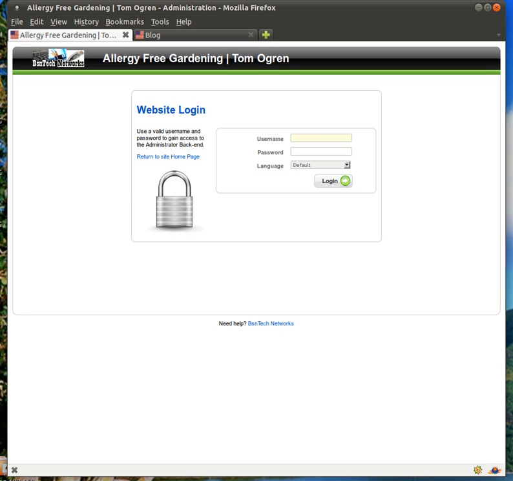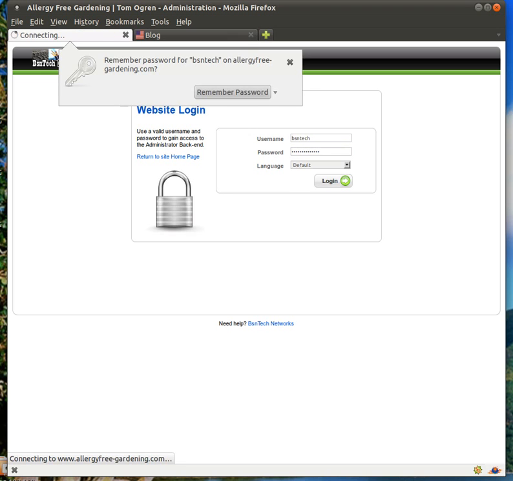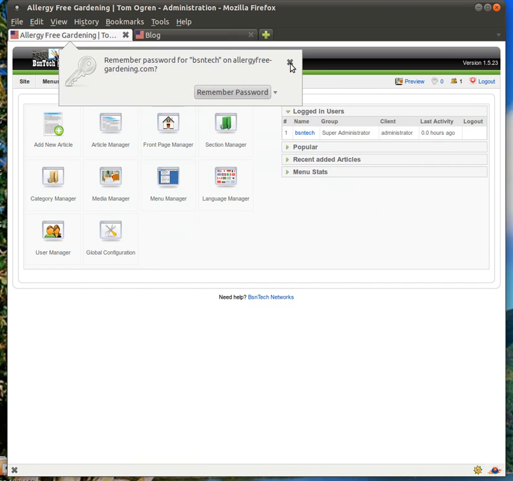So first of all, you should have received a username and a password from us in order to log into your website to make these changes. If you have not received that information, please reach out to us so we can get that to you as quick as we can. First of all, we'll go ahead and log into this customer's website, and you see your